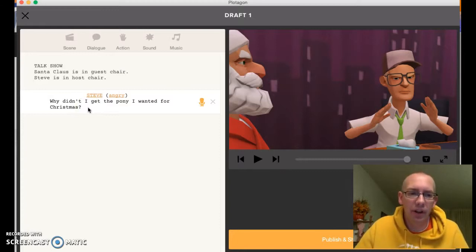So if you're recreating a scene from a book, doing a summary of a short story or an article or something like that, where you really want the kids to inject their own personality and flair into it. And if you're reading an article about two different presidential candidates, for example, and you want to recreate Donald Trump or Hillary Clinton or Bernie Sanders or Ben Carson, whoever it might be, you